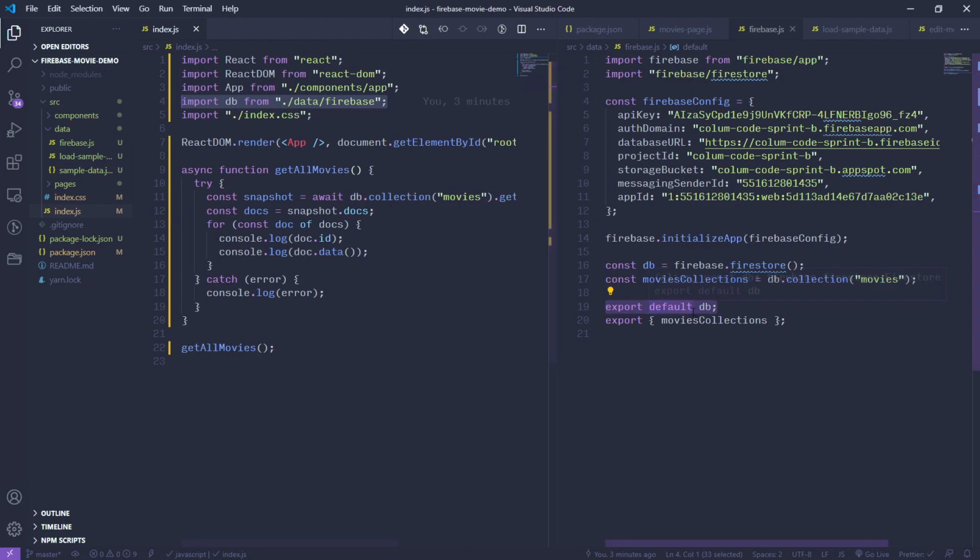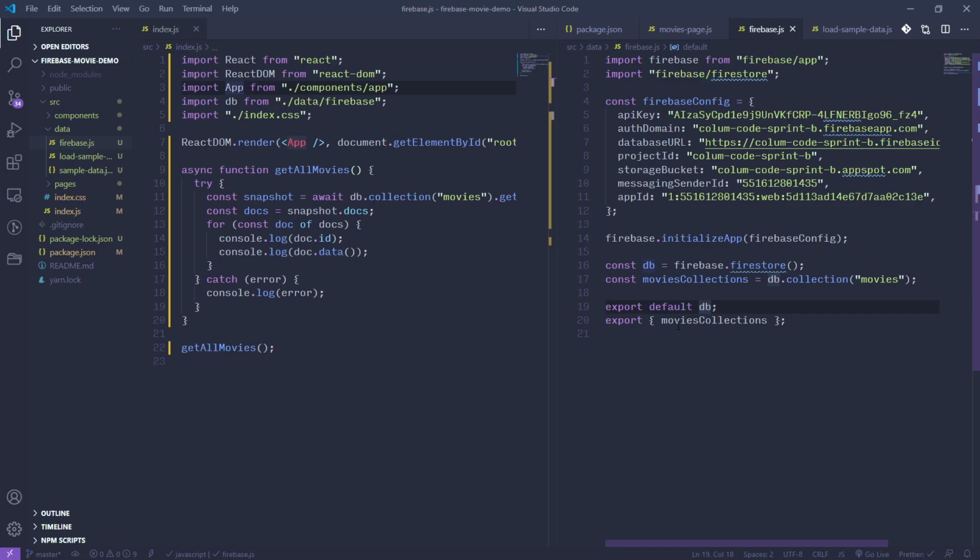So when there's only the default export, you import it just like this, how we've been doing with all of our components. When you use what is called a named export, where you open up curly brackets and you can put a bunch of things into these curly brackets to export them, instead of exporting them as the only thing that's exported,